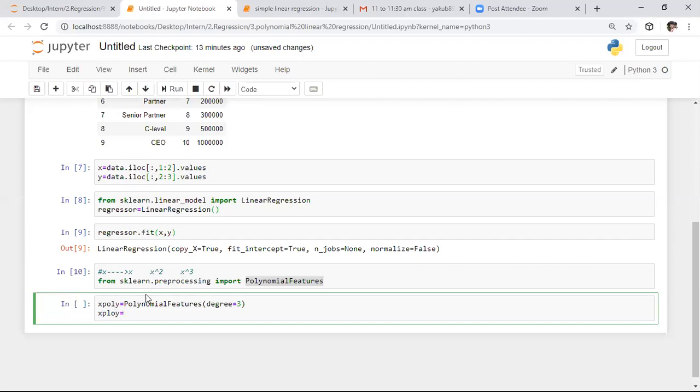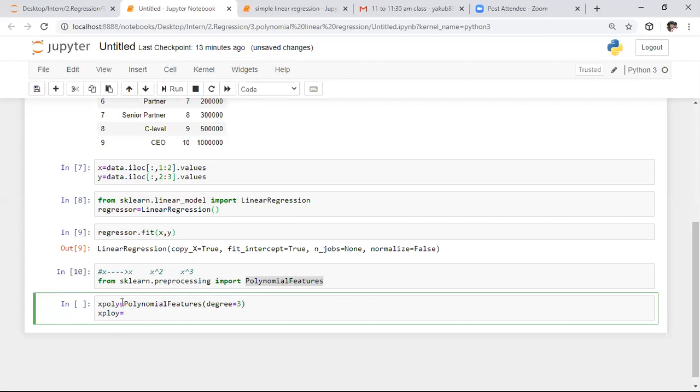What is the object name which I kept? xpoly only. So here I applied the polynomial features. Initially we took the class, after that we defined the object with that specific name, and I stored that object in xpoly.